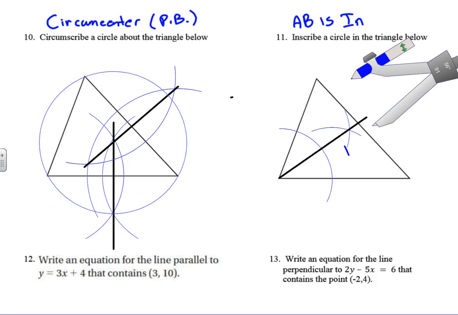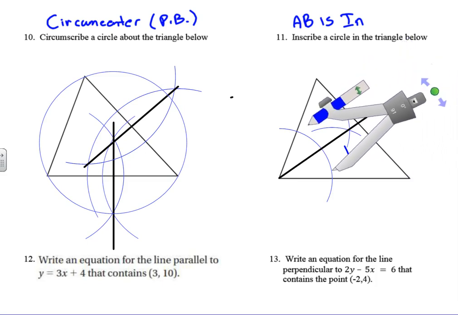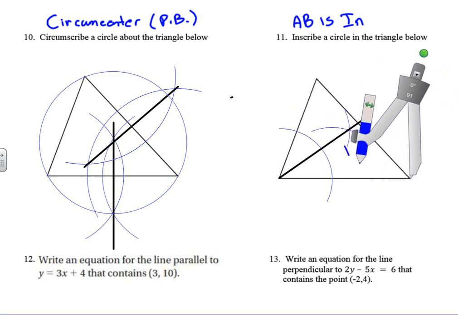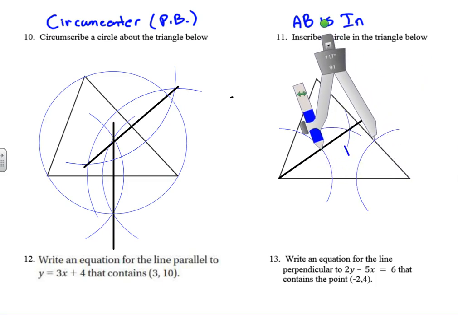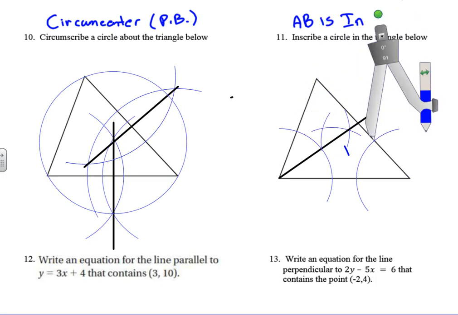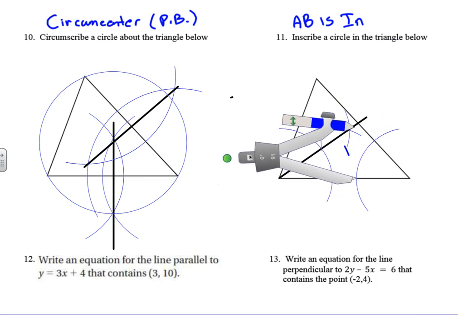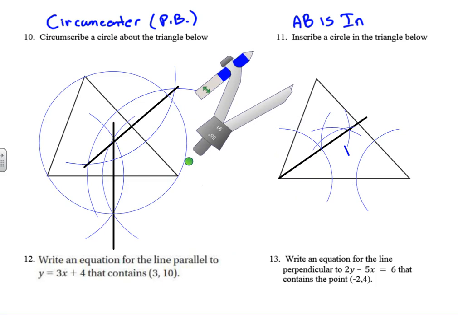Good. All right, and now we got to do two of them, so I'll come over in this angle. Doesn't really matter which one you do, but I'll go ahead and do this angle here. So I'll go up here, and we got this one. Don't get confused with the last intersection that you had. Okay, so that's going to come out of the vertex, and we've got ourselves the angle bisector there,